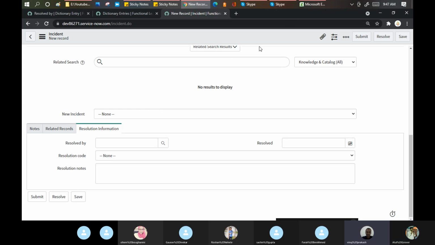Okay, let's say that we have recently made the changes via the dictionary entry into the incident form. So what is going to happen for all the records which are already there, existing in the database? Suppose if I remove the resolution mandatory field, so what would happen to all here? So when you reload that page, it will run the script in the background, and then it will make your pop-up.